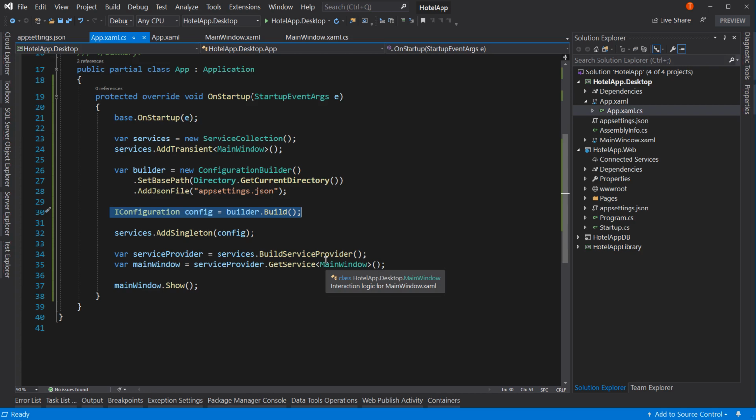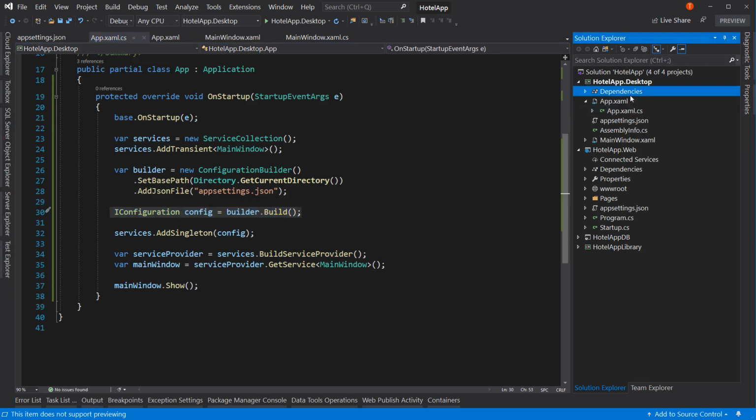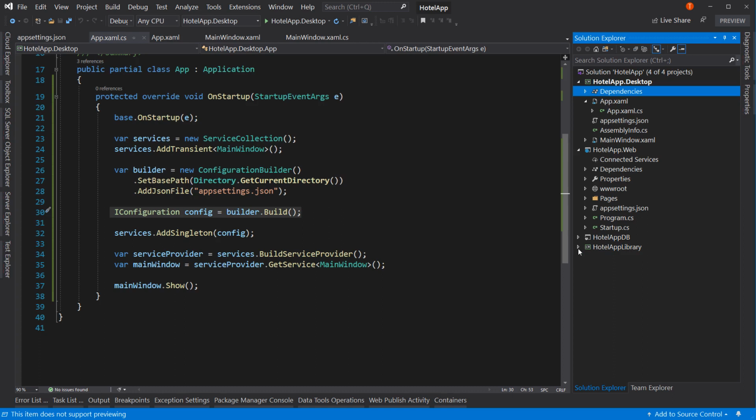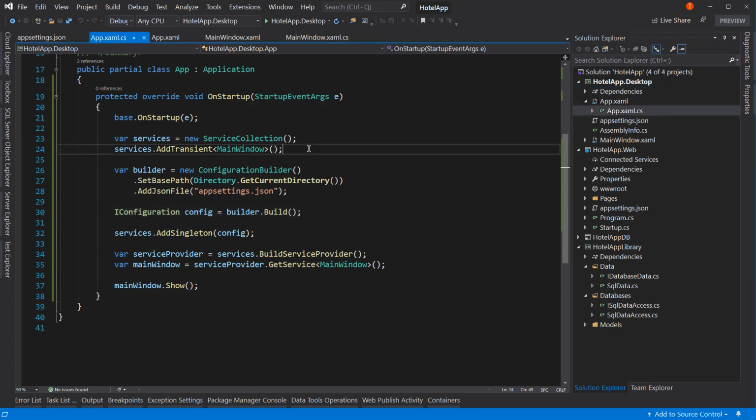But we're not quite done yet, because we do want to go to dependencies, right click and say add reference to our library, the same library that the web uses. In this library we have a SQL data and a SQL data access. Both of those need to be added. So